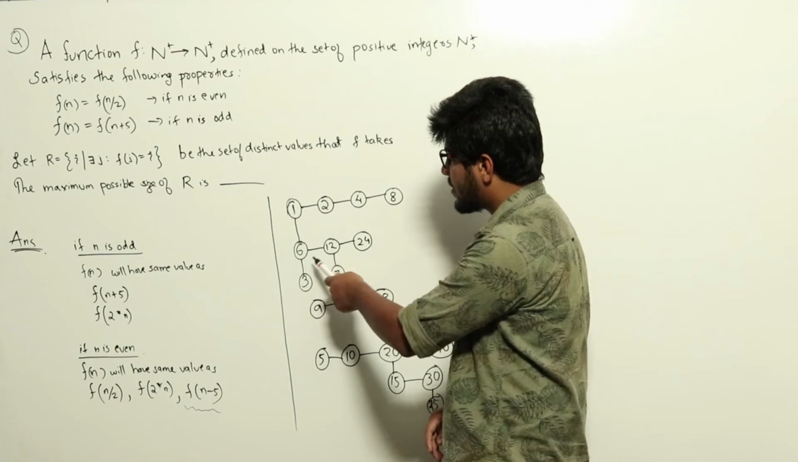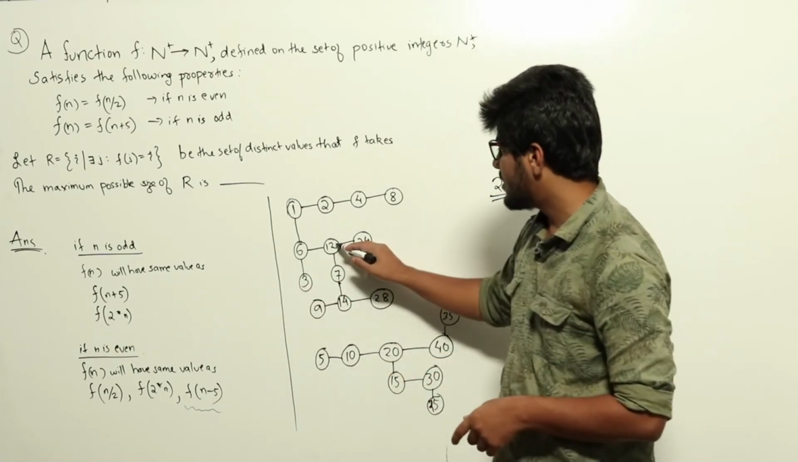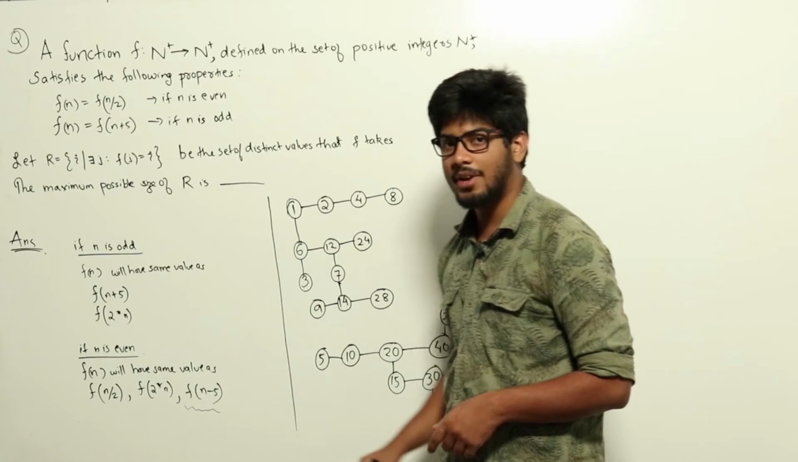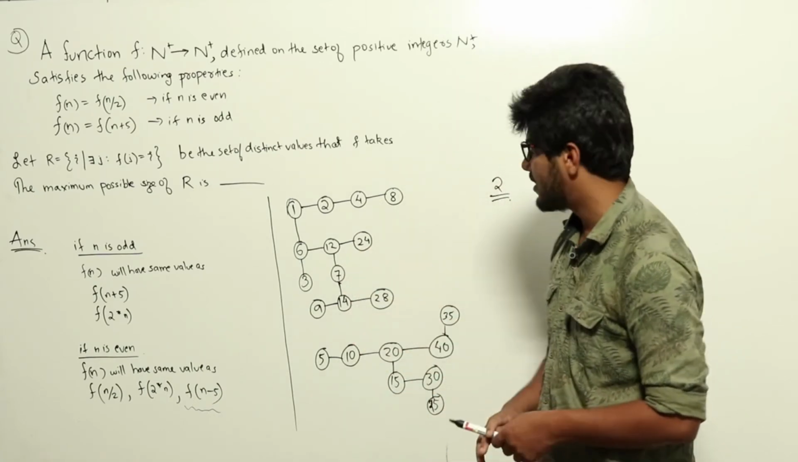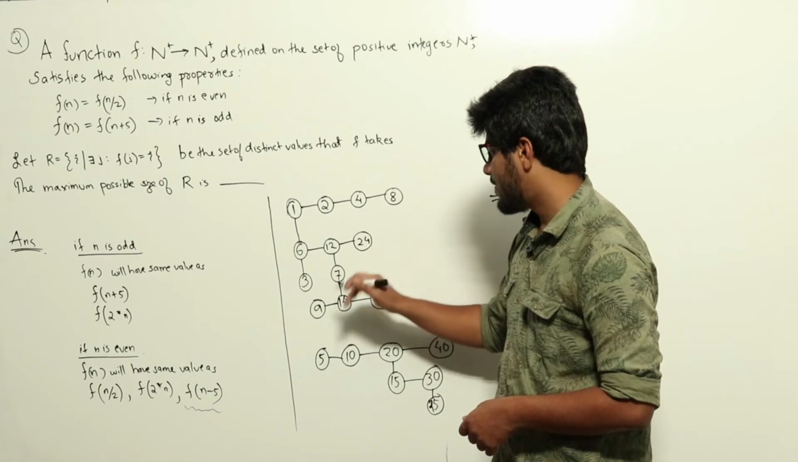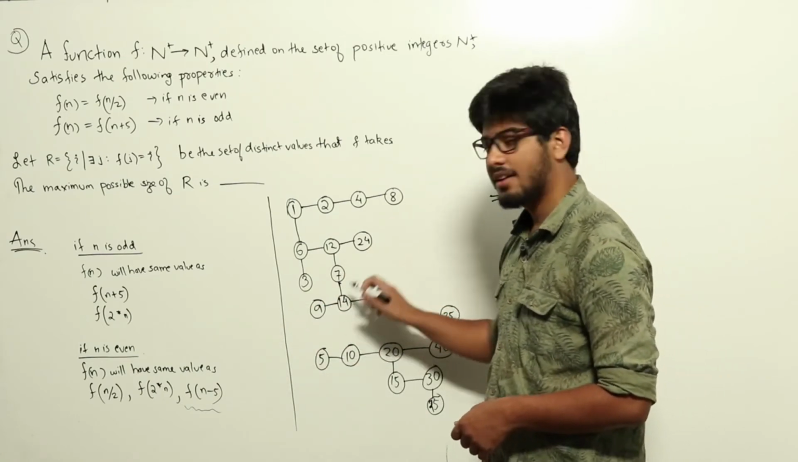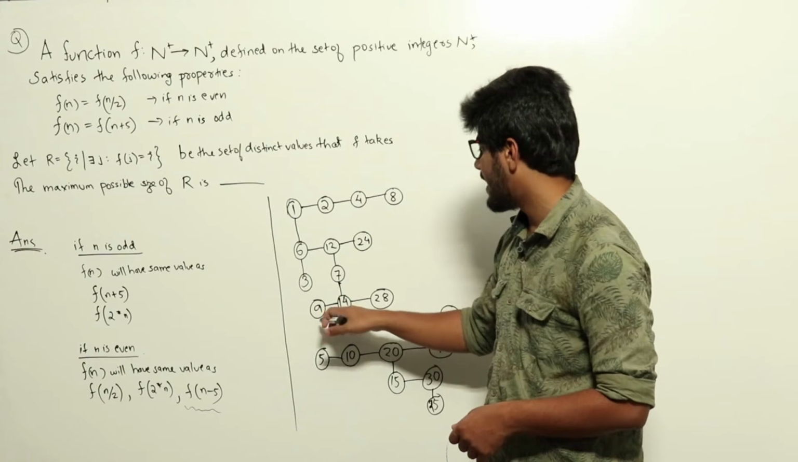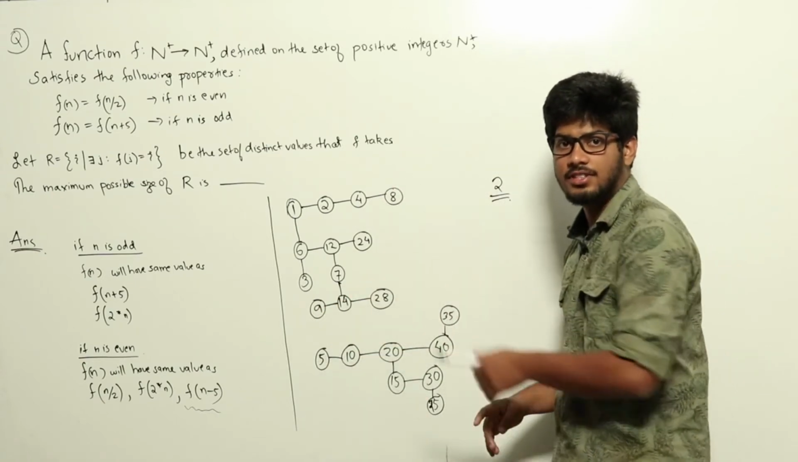Now for 6 we already found out that f of 6 will have the same value as f of 12. 12 is even, so it will have the same value as f of 12 minus 5. So I can write the bubble for f of 7 as well. Similarly, f of 7 will have the same value as f of 2 into 7, that is 14. f of 14 will have the same value as f of 14 minus 5, that is 9. So I can keep on drawing it like this and I will get a bunch of values which belong together,